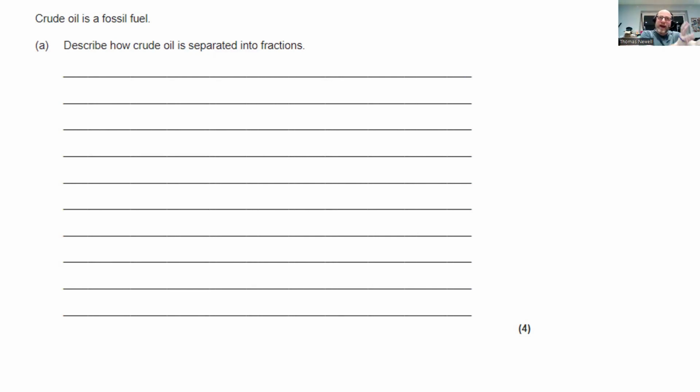What's the key word for when a gas turns back to a liquid? The word is condense. So that's definitely on the mark scheme. If I say big molecules condense lower in the tower, or smaller molecules condense higher up the tower. You can even just say, if you can't work it out in your head, do the small ones come off or the big ones? What's going on? You can just say different fractions condense at different heights of the tower, depending on their boiling point. So as long as you know it's something to do with boiling point and something to do with where they condense. Condense is a mark, different boiling points is a mark. So loads and loads of information there.